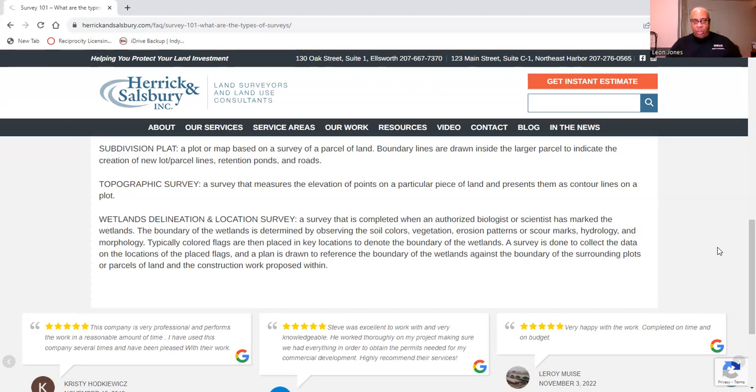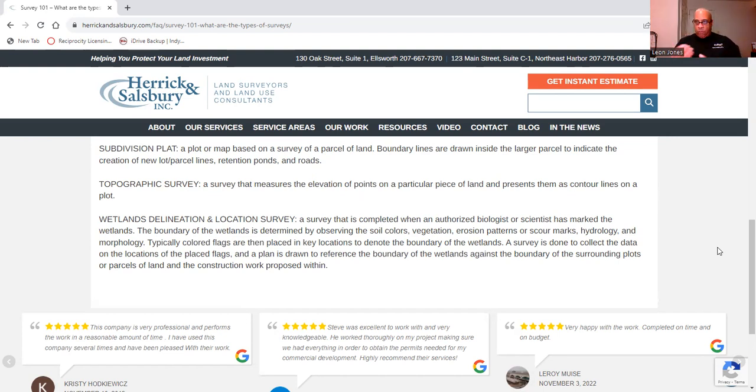Again, when we deal with a topo, you also have to go out and basically shoot different points, and you can create a map with a topographical survey. You may shoot points along the road. You may shoot points along the building. You're going to shoot trees. You're going to shoot overhead power lines. Anything within that boundary where there is a proposal of a construction site, you're going to create a map with all of the points that you shot in the field.